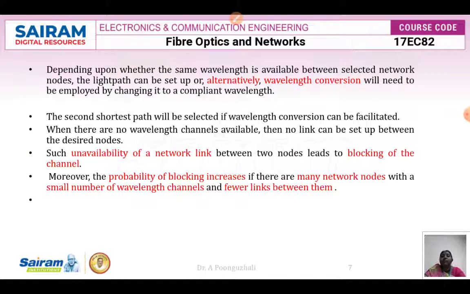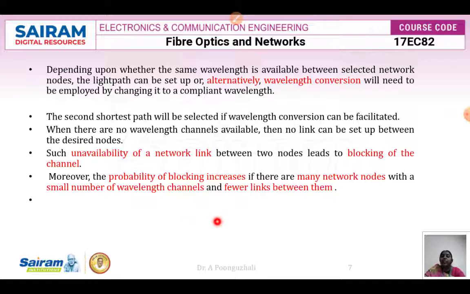So here, if the same wavelength is not available between the selected network nodes, the light path can be set up alternatively. Wavelength conversion can be employed so that it can be converted to the required wavelength. So the second shortest path will be selected if I go for a wavelength conversion process. When there are no wavelength channels available, then no link can be set up